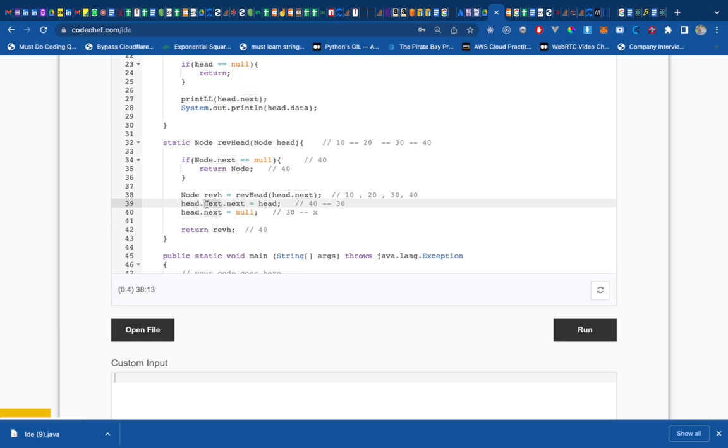This part. What is okay? So head is 30 and head dot next is okay. Dot next equals head means okay. So head dot next, which was null, now you are assigning 40's head to it. Correct. So this is the first reversal, and you are making head dot next, now 30 is pointing to,